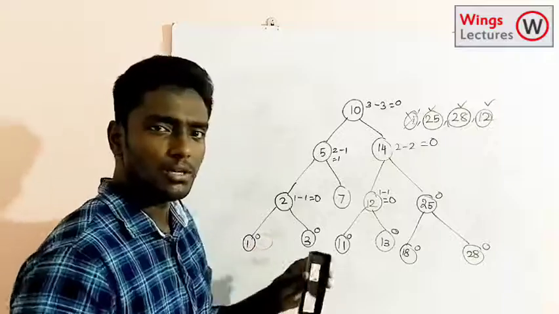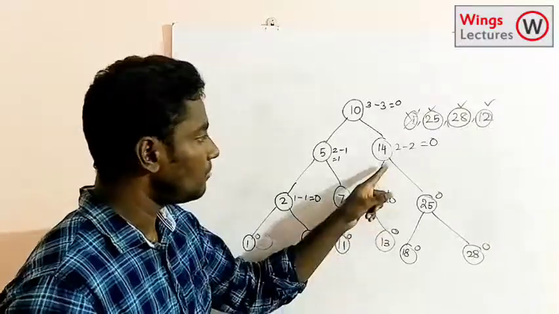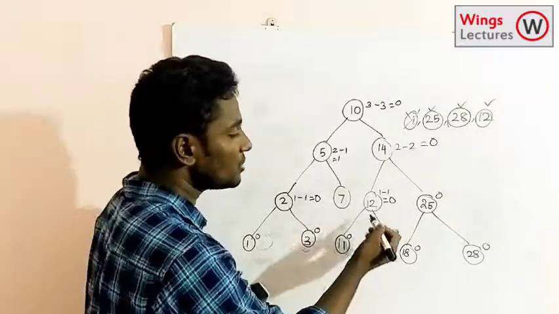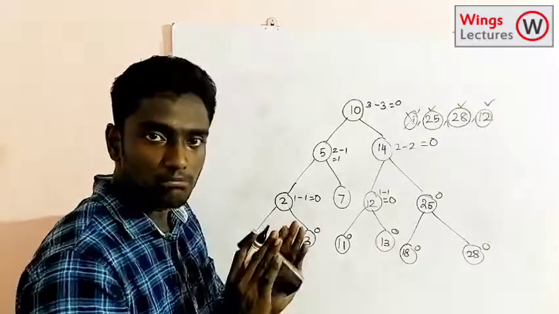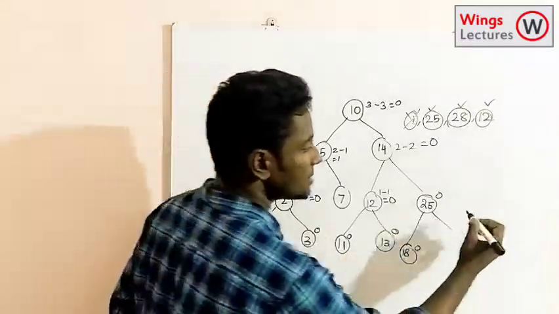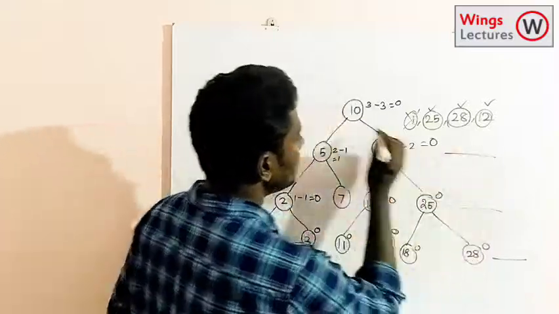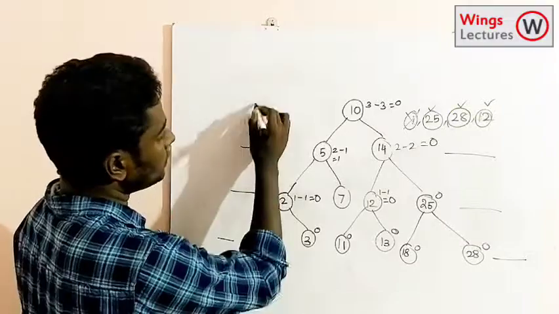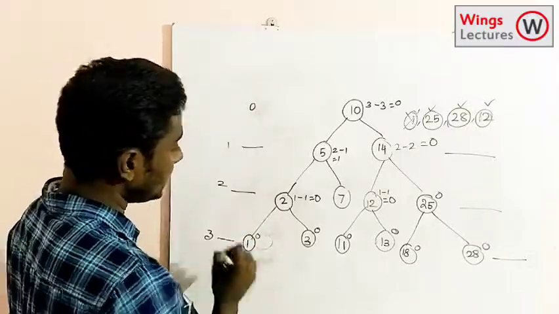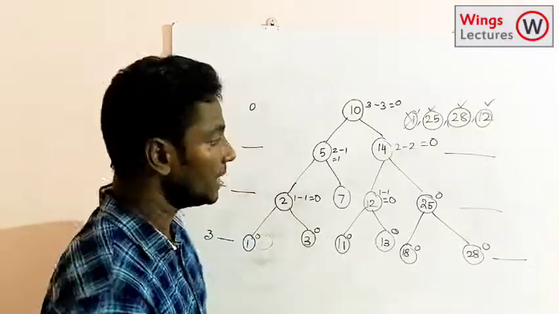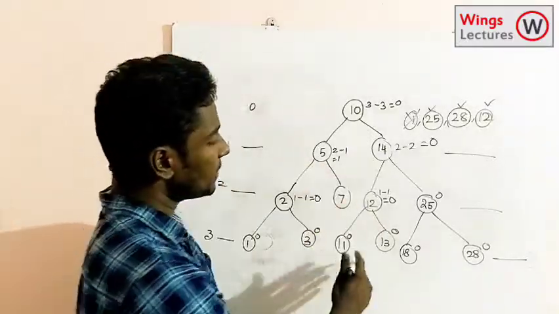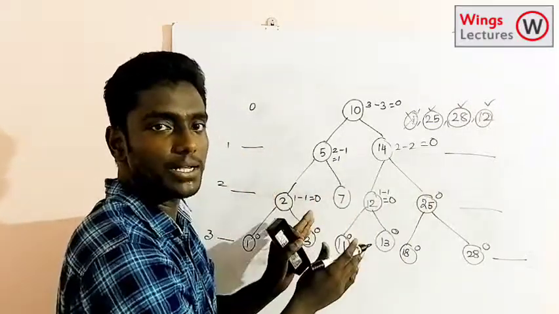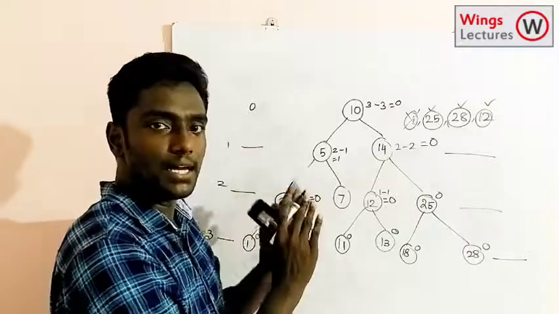Usually students have a doubt and get confused checking the height of the left subtree. They count the total number of nodes. It's absolutely not that. You have to count the levels. Here the height of the whole tree is 1, 2, 3; you have to start from 0, 1, 2, 3. The height of the tree is 3. So this is how you have to check. Now after inserting all the elements, the tree is completely balanced, so we can call this an AVL tree. So we have completed the insertion.